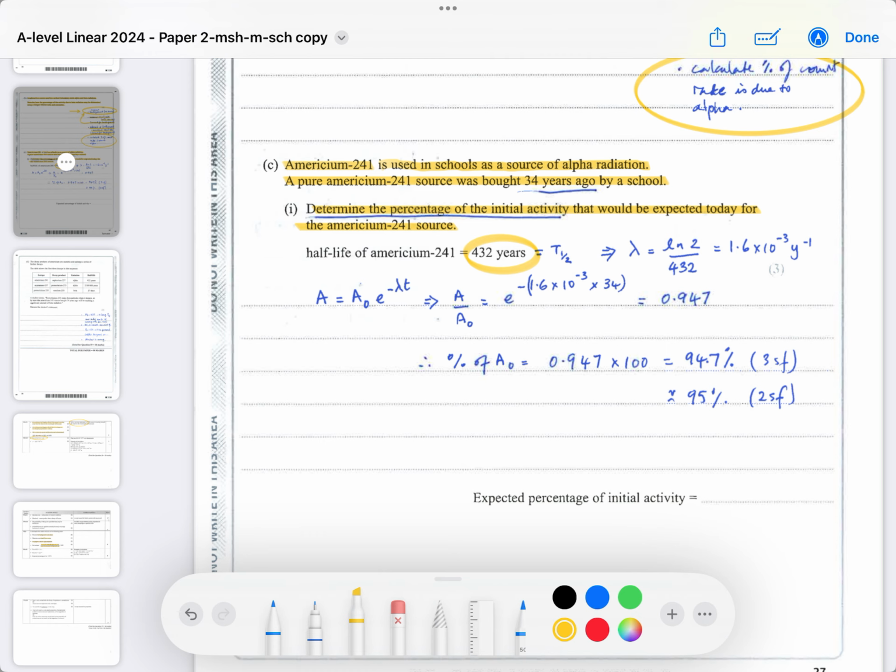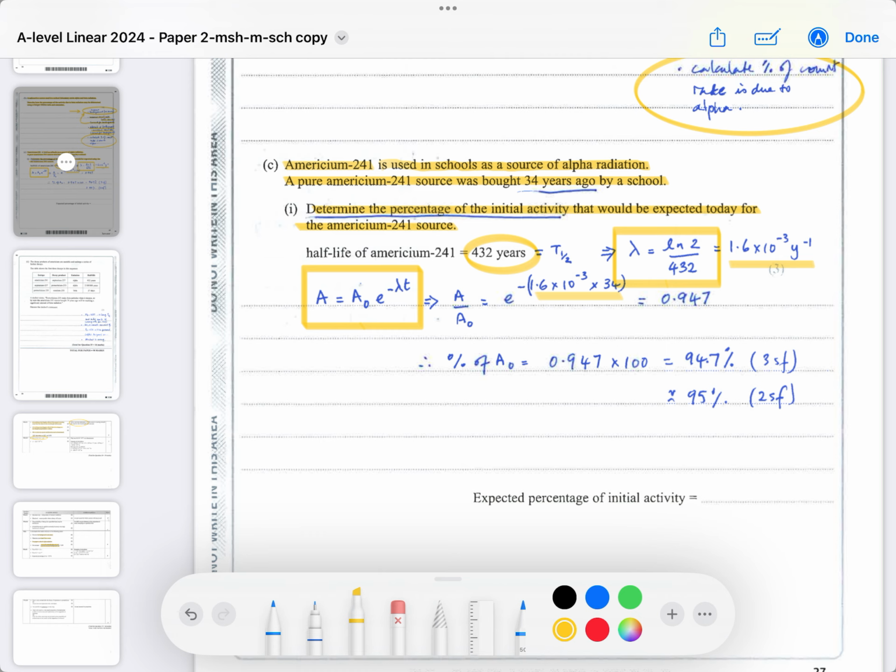Now to work it out, you need to use the natural logarithmic equation for the decay. Activity equals initial activity times e to the minus lambda t, where lambda can be worked out from the half-life, and you can leave it in years. So natural log of 2 divided by 432 gives you this value per year. Okay, so if you multiply this by 34 years,